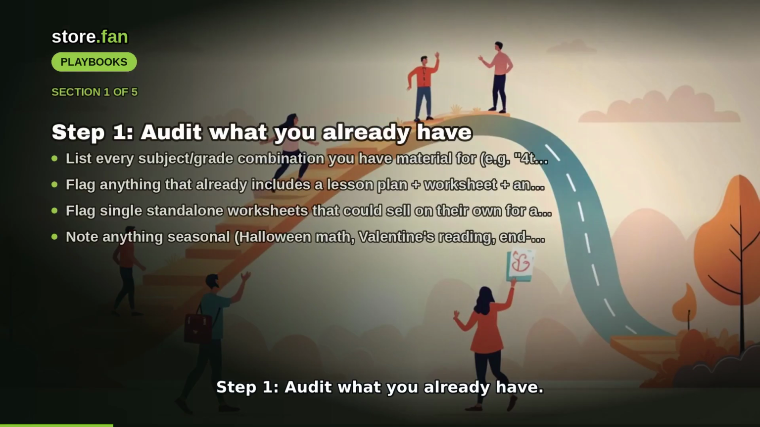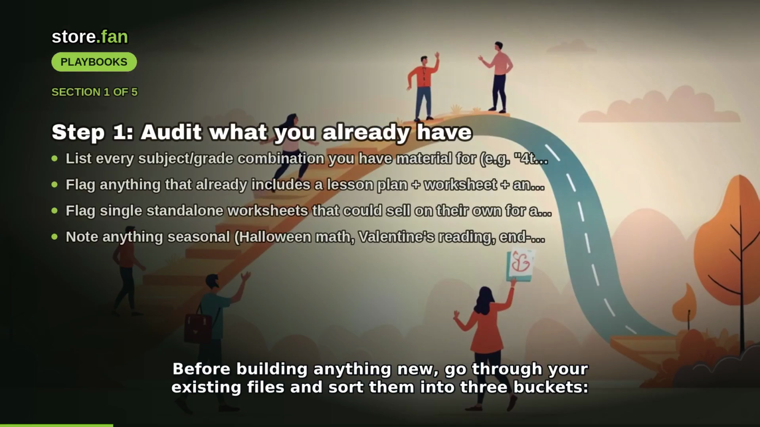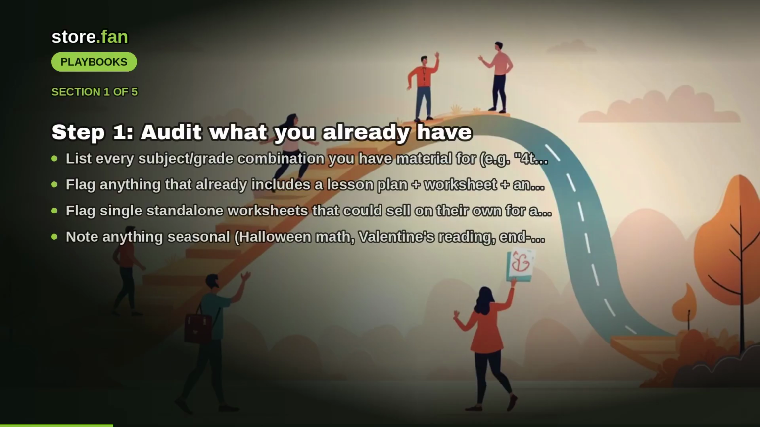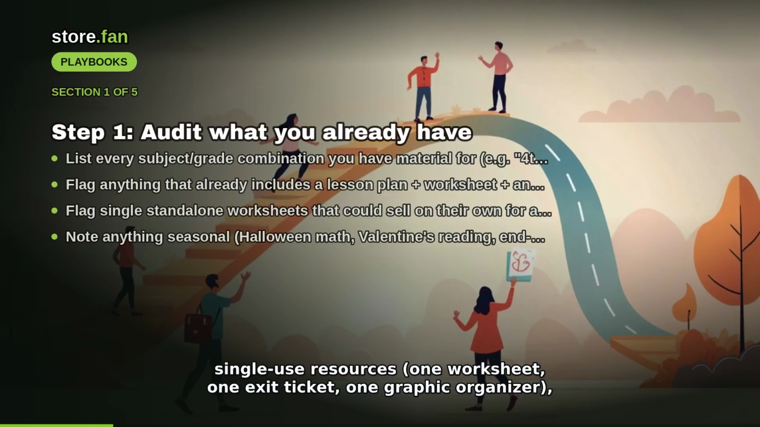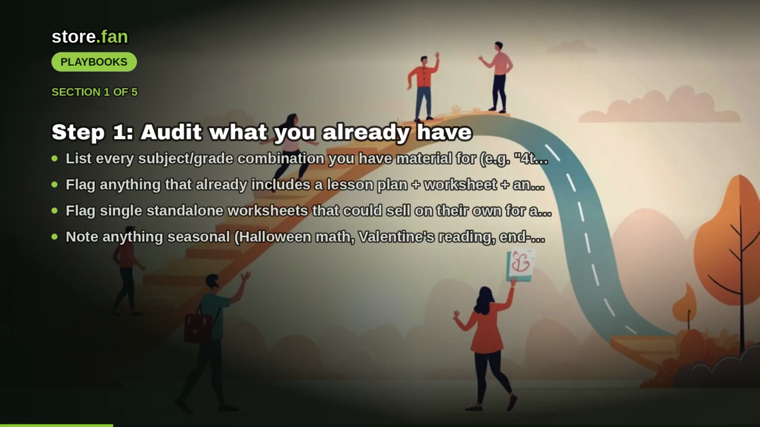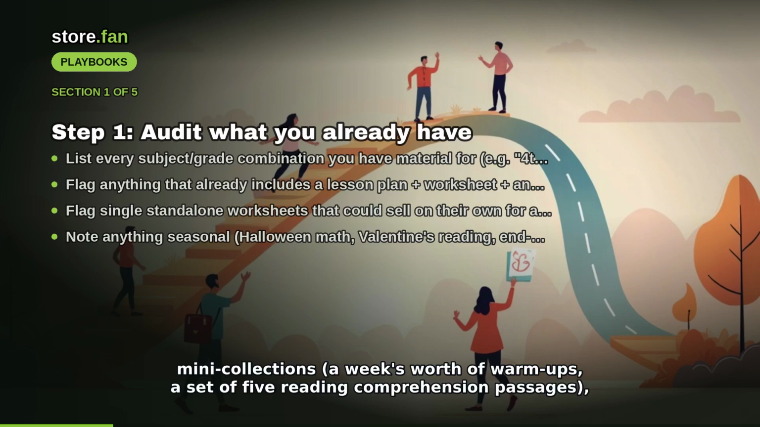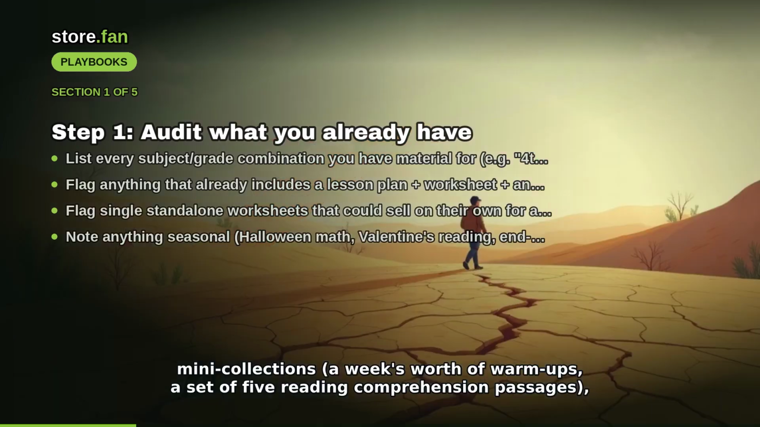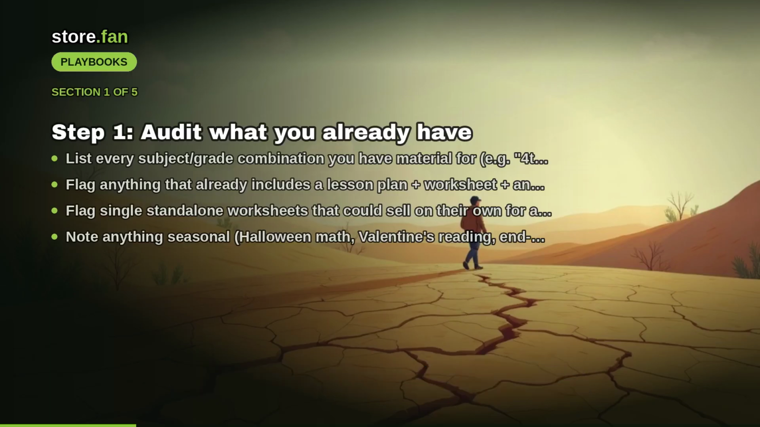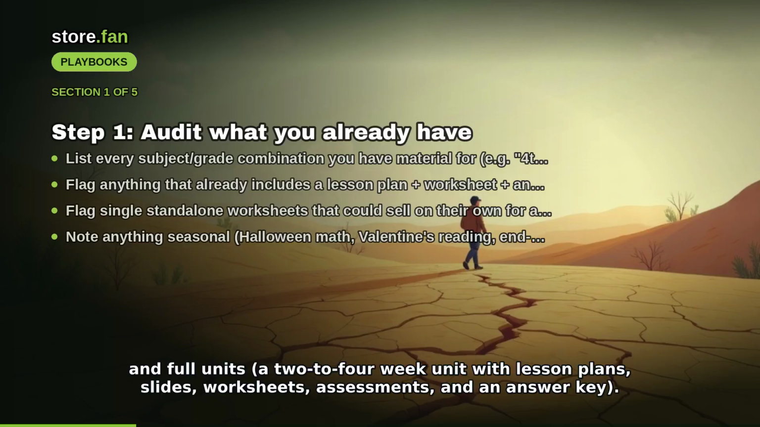Step 1. Audit what you already have. Before building anything new, go through your existing files and sort them into 3 buckets. Single-use resources: 1 worksheet, 1 exit ticket, 1 graphic organizer. Mini collections: a week's worth of warm-ups, a set of 5 reading comprehension passages. And full units: a 2 to 4 week unit with lesson plans, slides, worksheets, assessments, and